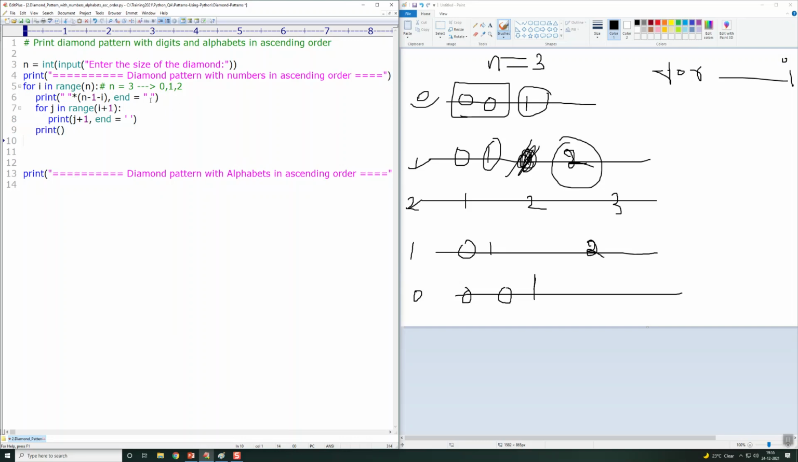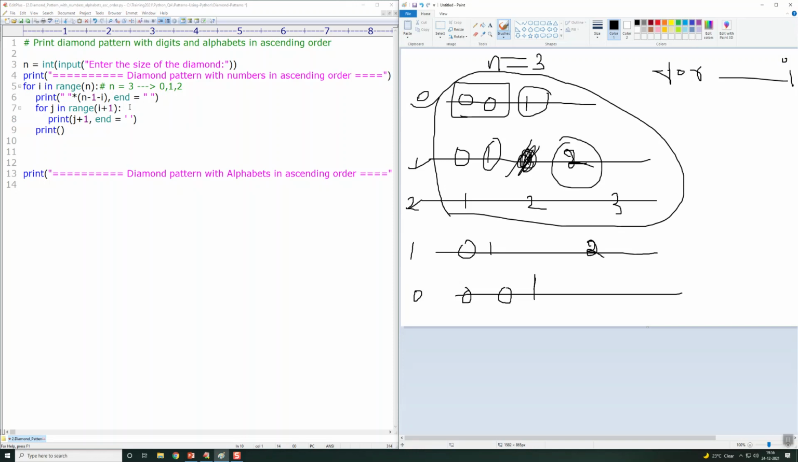So this one will print. This logic will be able to generate the first three rows here. This entire three rows will be achieved using this logic, but I need the bottom two rows as well. So for that, it will be in the